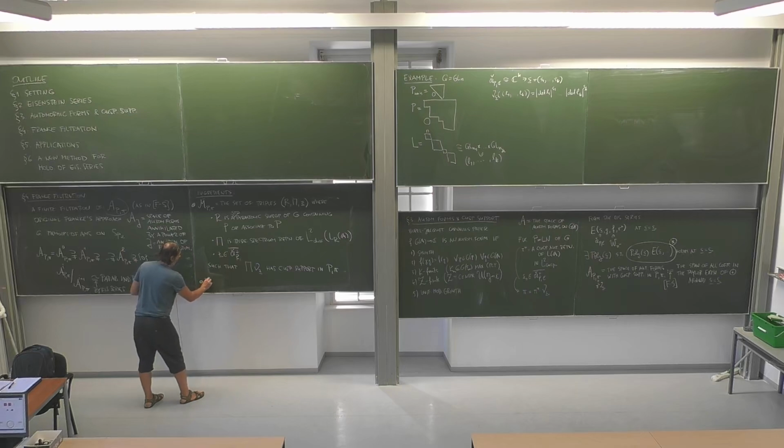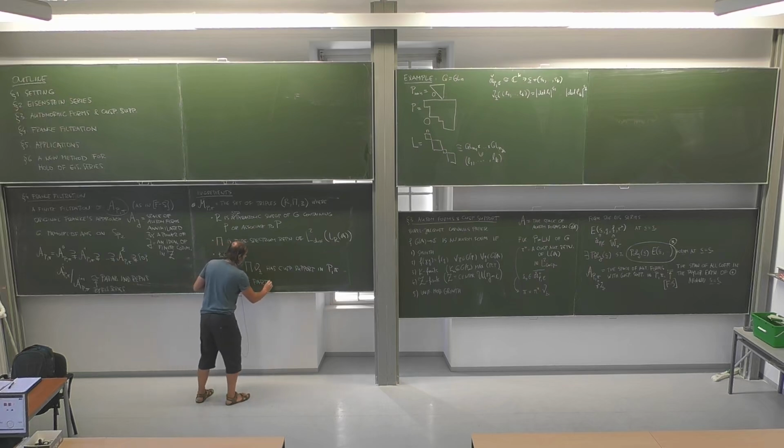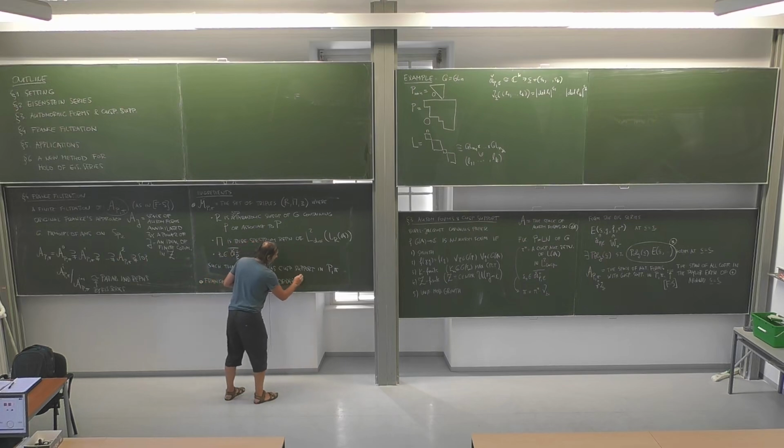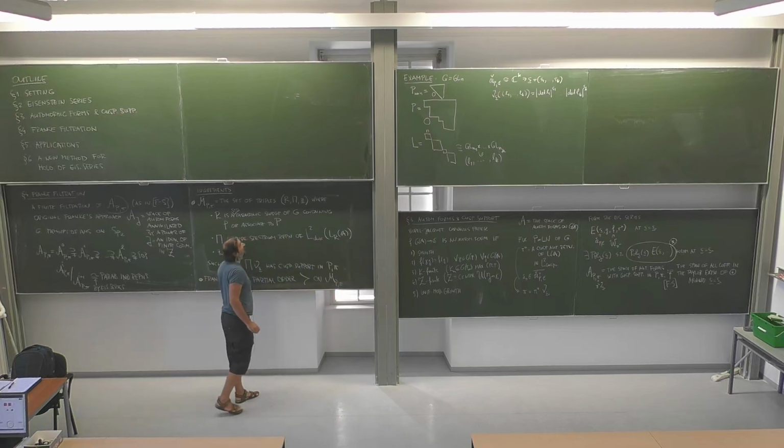So Franke defines a partial order on MP pi, and